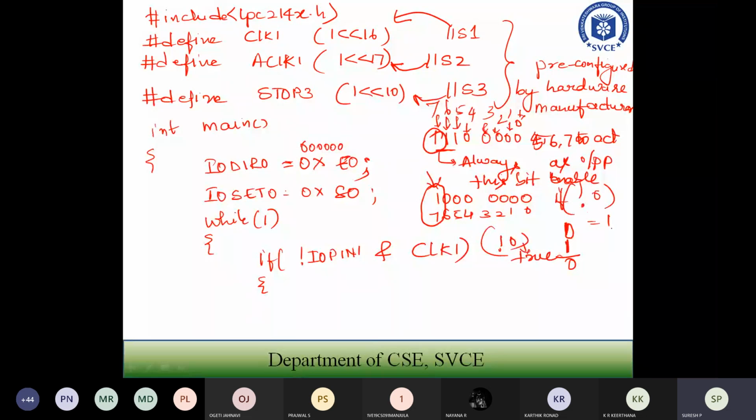Not 0 is what? If not false, it implies that it is true. Now if your IO pin 1 is 0 and your clockwise direction is 1, that is 0 and 1, the output will be 0. So you are not using your IO pin 1 now. Then what do I have to set? I have to set my motor to run in a clockwise direction. That will be 1 left shift by 5 bits, since you are using port 0.5 to set that particular bit to 1. Once you set that particular bit to 1, the motor will start rotating in the clockwise direction.